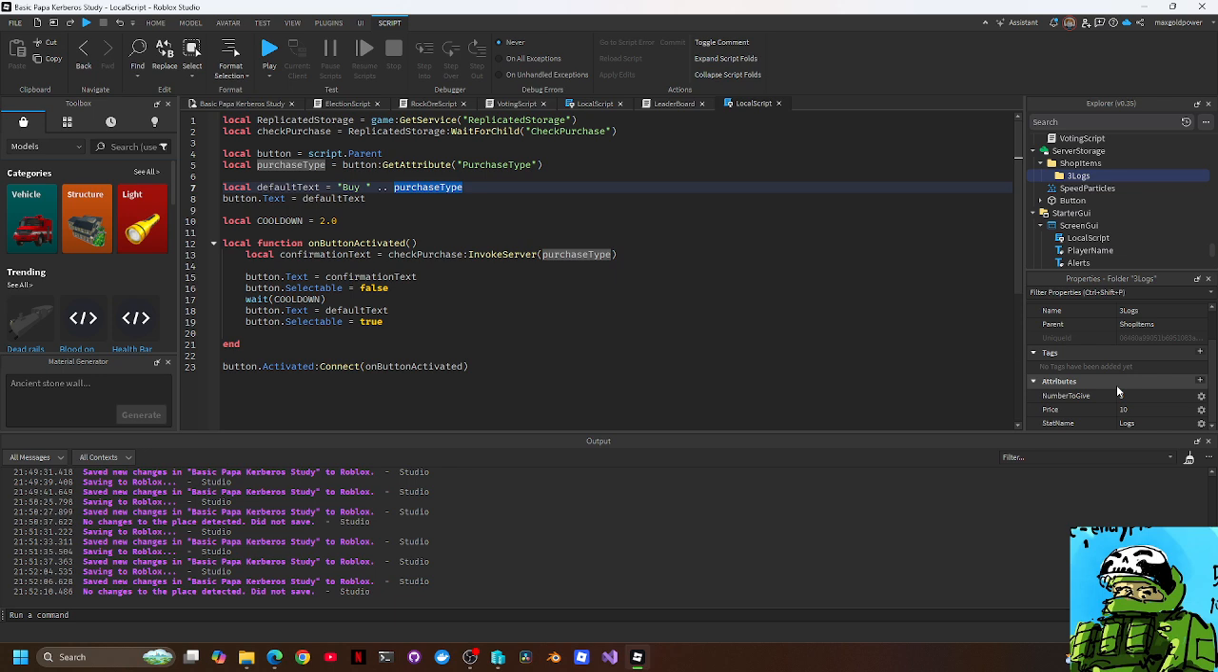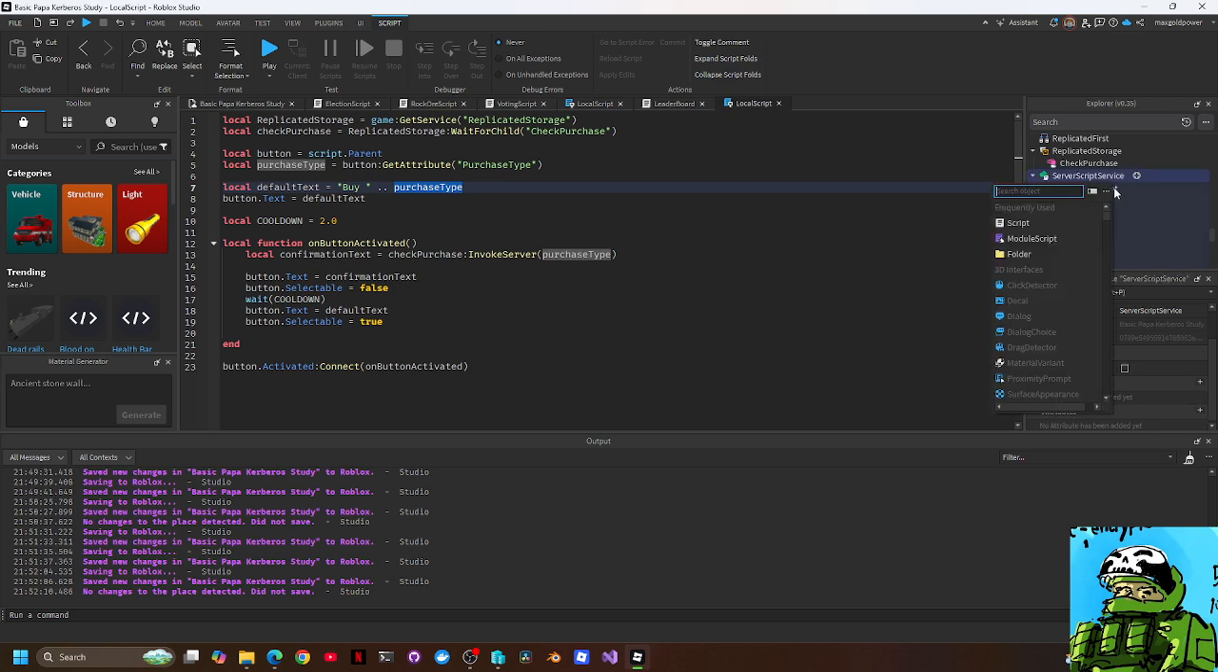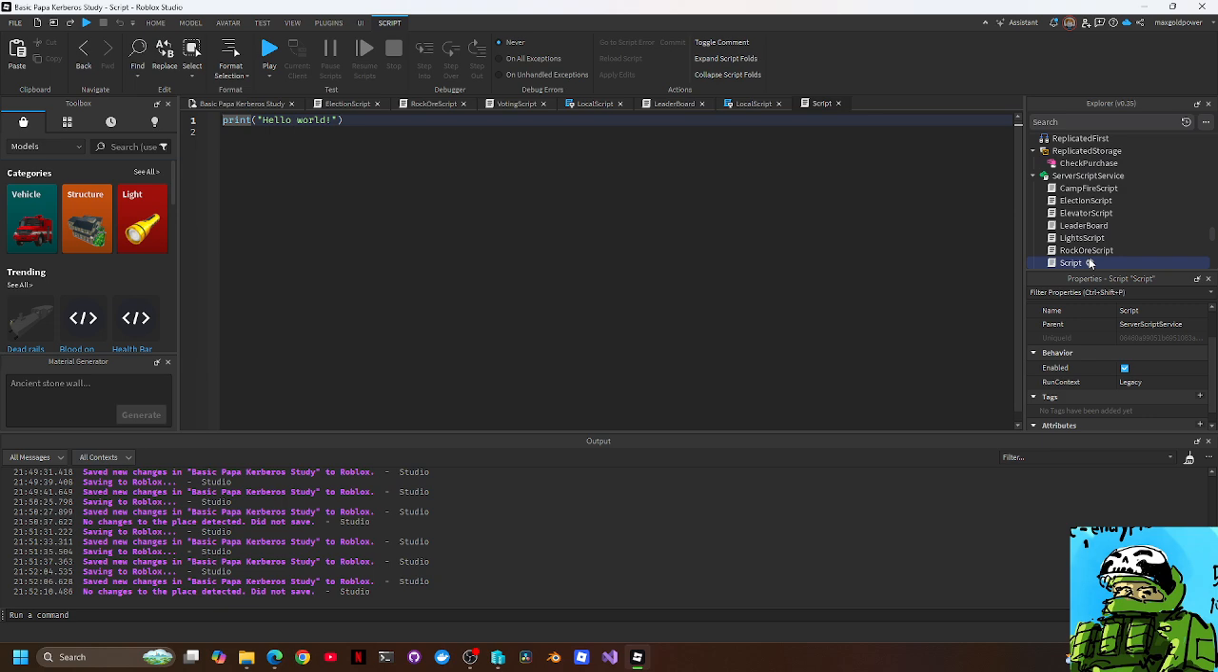Alright, so in the server side script, ServerScriptService, add a script. So the script, right? Think about what your script needs to do and make the references you think it will need. Compare your work to the following snippet. Okay, so